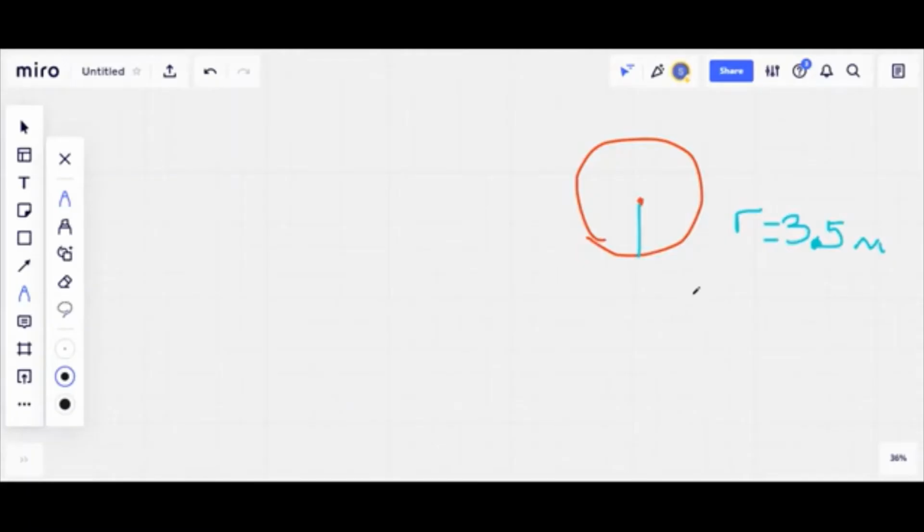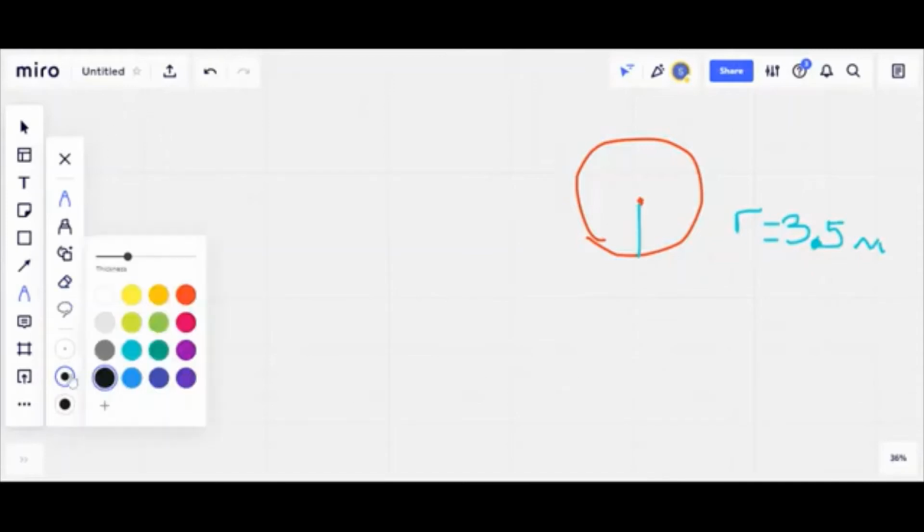So in this video, we're going to have a look at finding the circumference of a circle. When we're looking at the circumference, we either have to use our radius or a diameter. In this example here, we've been given a radius. So the formula that we use to find the circumference or the perimeter of a circle when given our radius